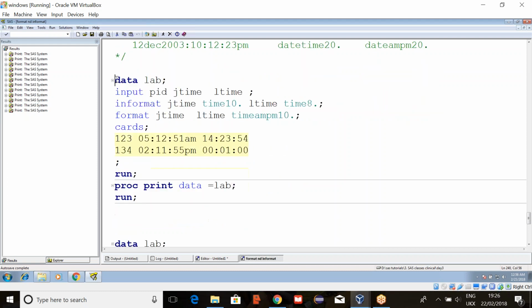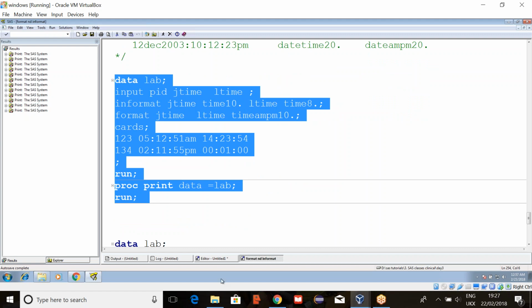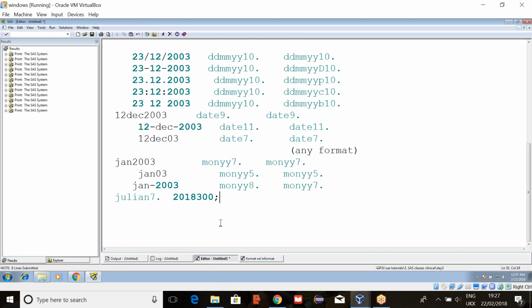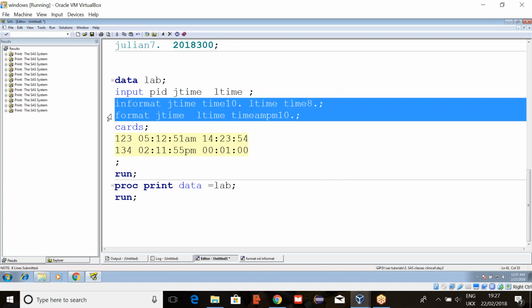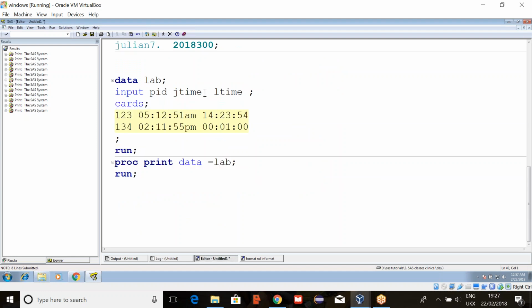Let's take an example here. I'll just copy this example. Now here, which informat we have to use? Count 1, 2, 3, 4, 5, 6, 7, 8, 9, 10. So here, time 10 dot. Always we won't use seconds, right?